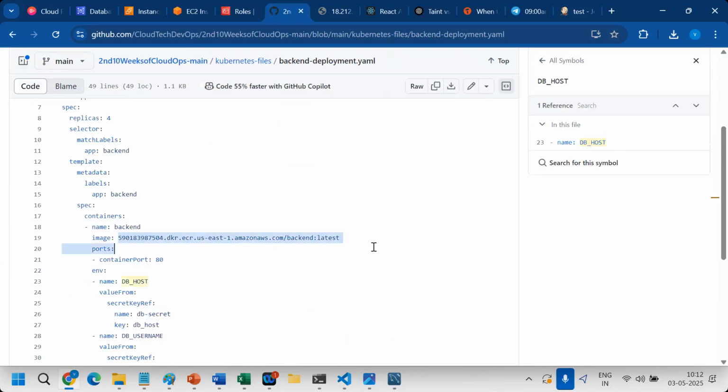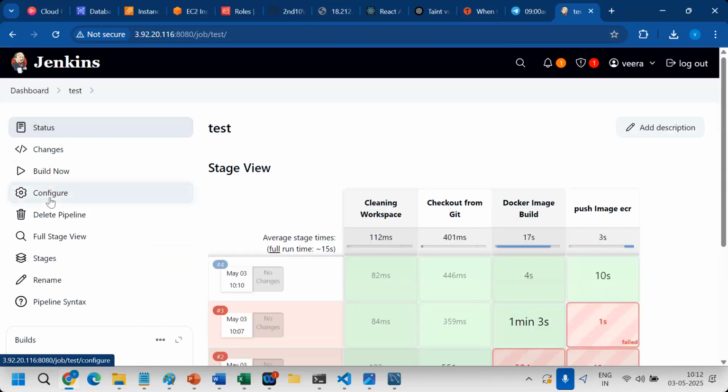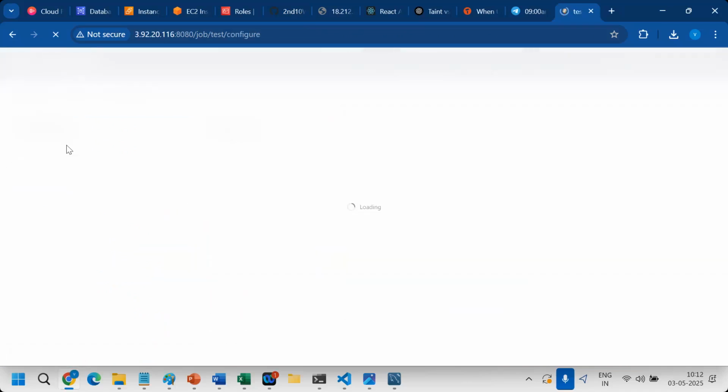Now my source code changes will come. Docker will again build, again run, and again push a new image, right? Next, what do you need to do? That new image you need to replace here manually. So how do we overcome this automatically? In this Jenkins pipeline,